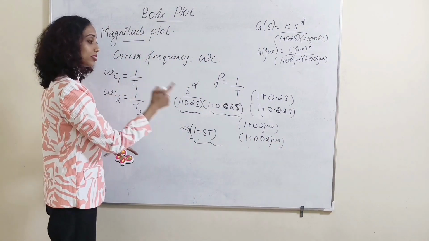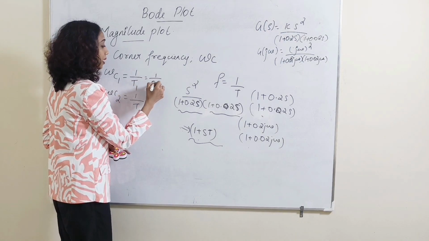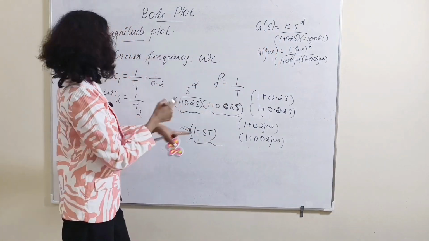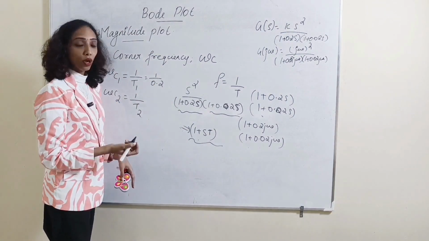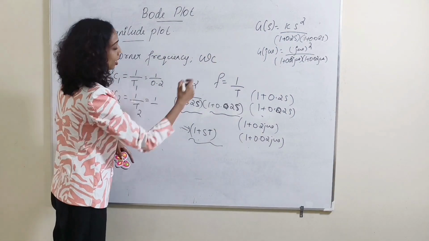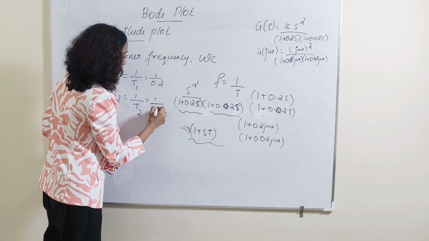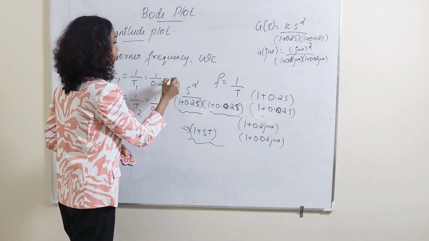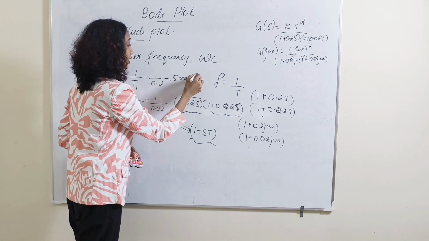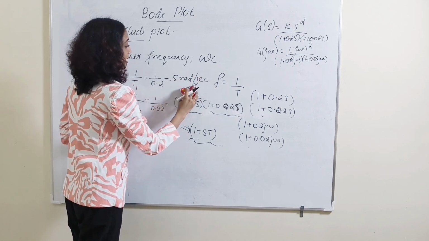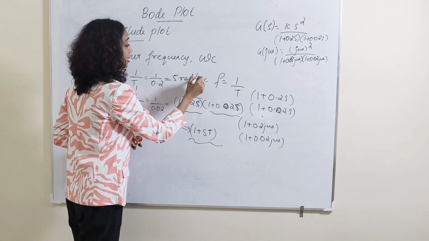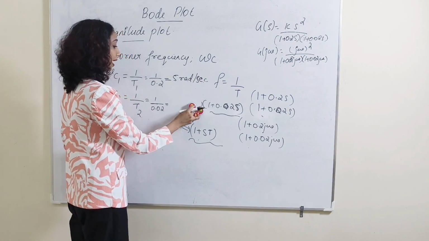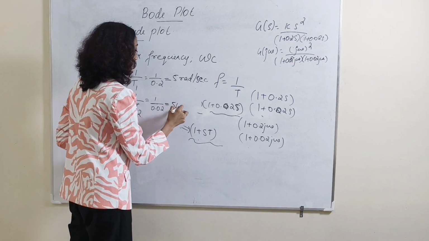From this, the first corner frequency is 1 divided by 0.2 and the second corner frequency is 1 by 0.02. So 1 by 0.2 is 5 radians per second, the first corner frequency, and the second corner frequency, 1 by 0.02, is 50